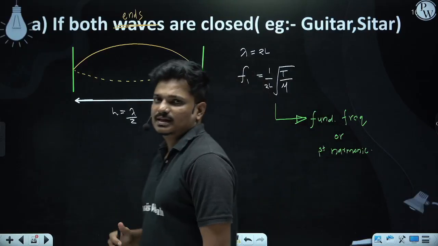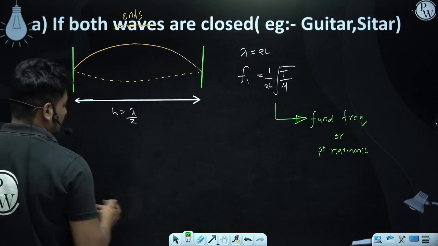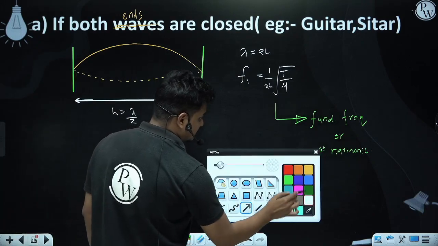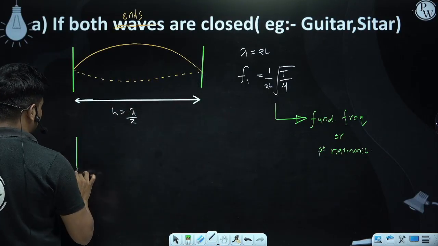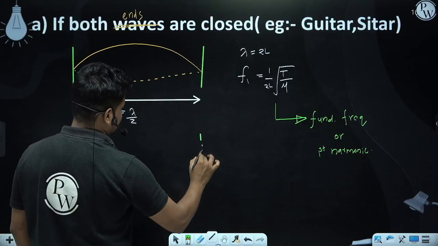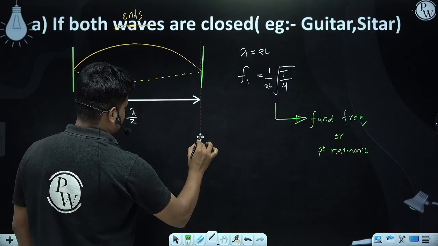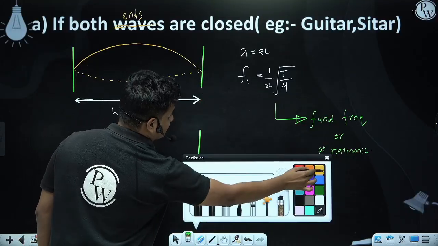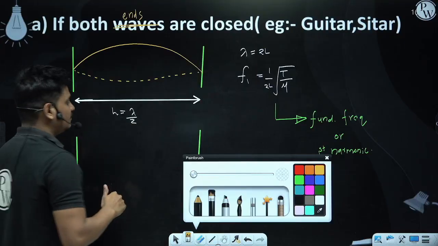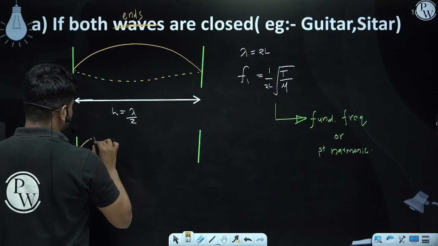I am going to consider another case. That means due to our disturbance, if the wave is formed like that, just imagine, I am disturbing the string. If it is formed like that,